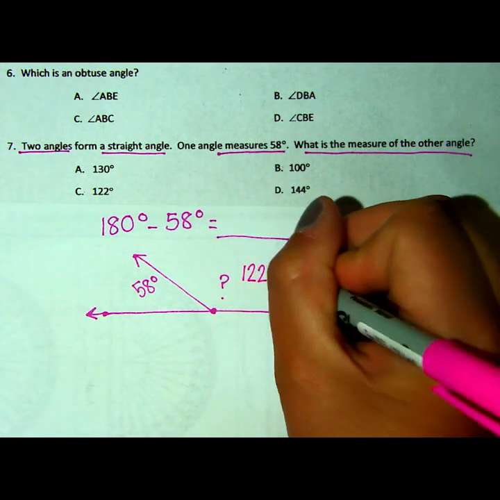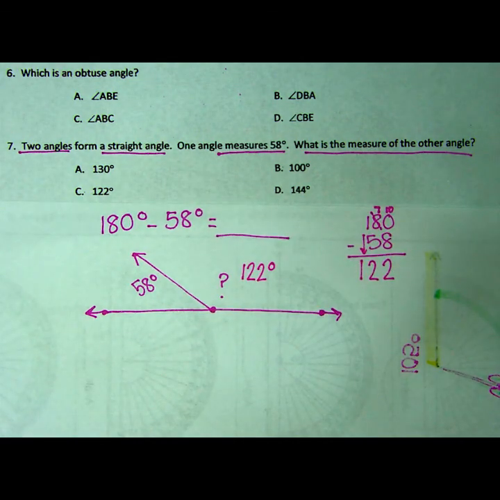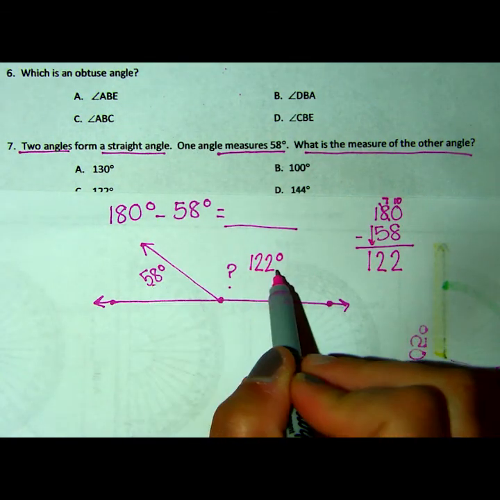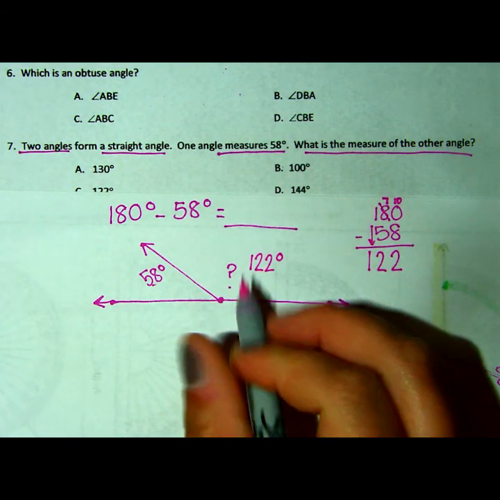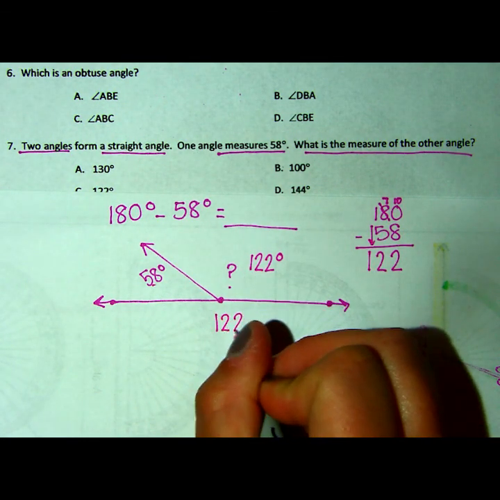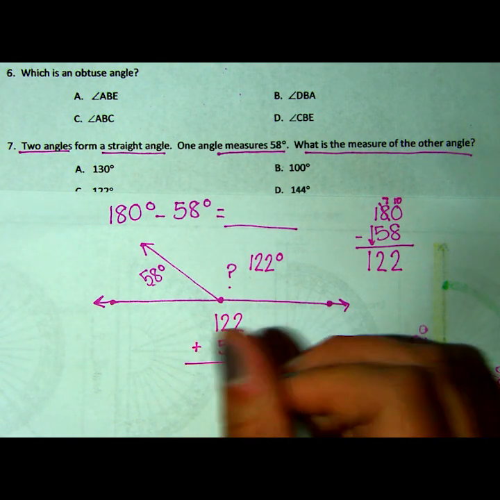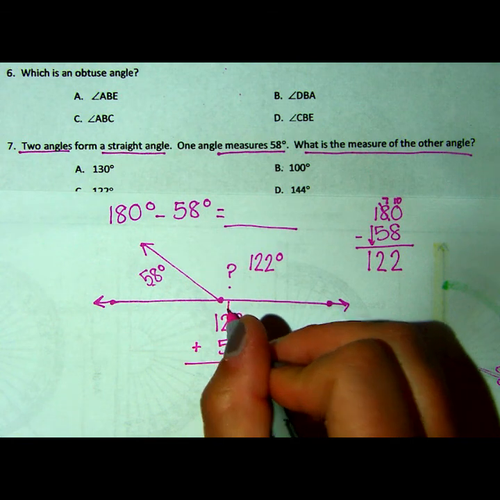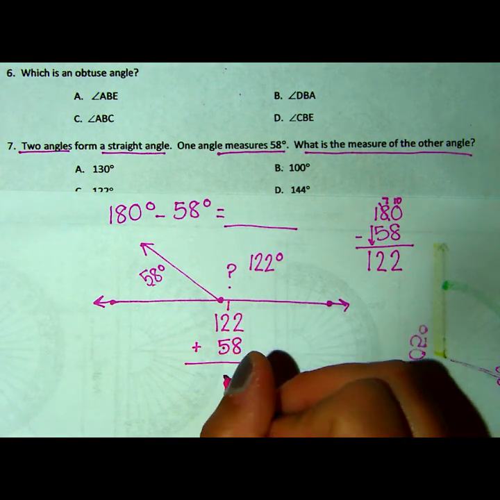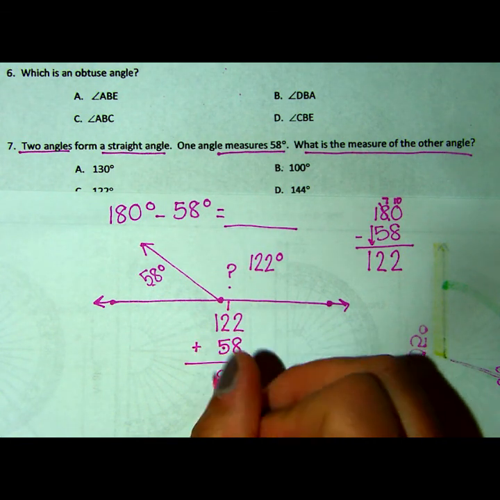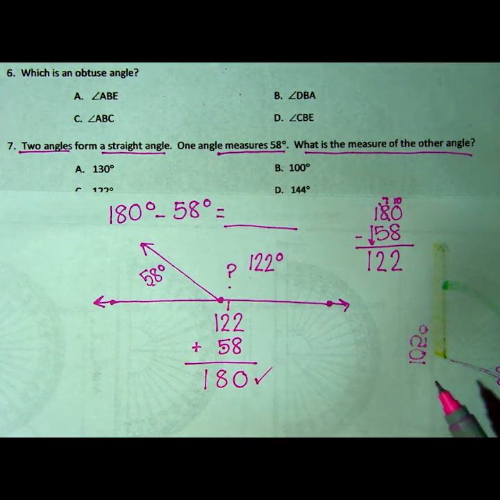122 degrees. If you wanted to check your work, you could simply add these two together, and they should equal that straight angle of 180. So 122 plus 58, 8 plus 2 is 10, carry the 1, 5 plus 2 plus 1, that's 8 and 1. Check. The answer is